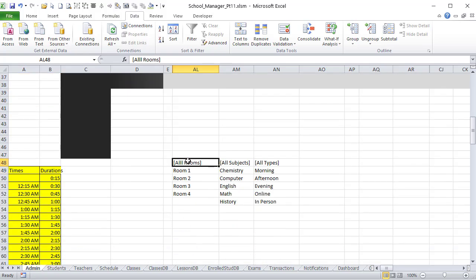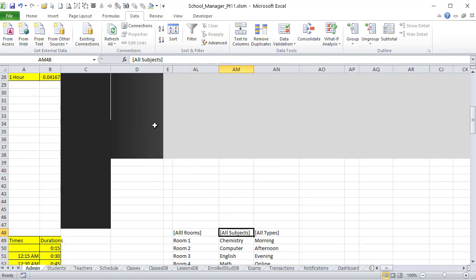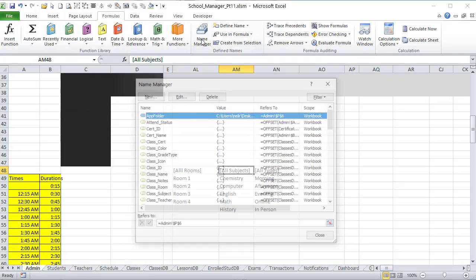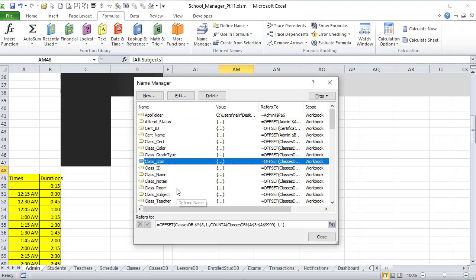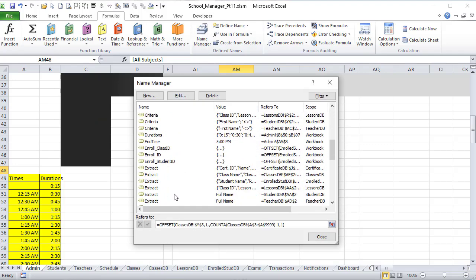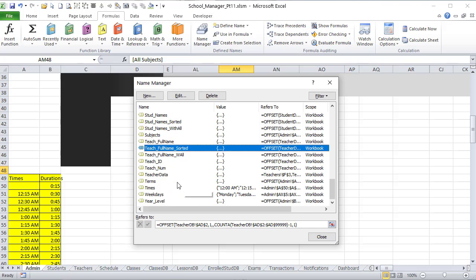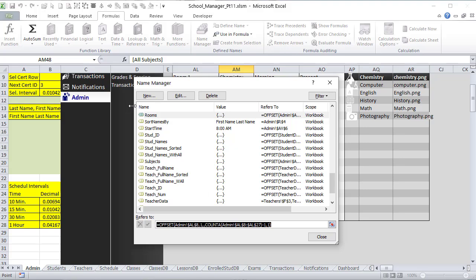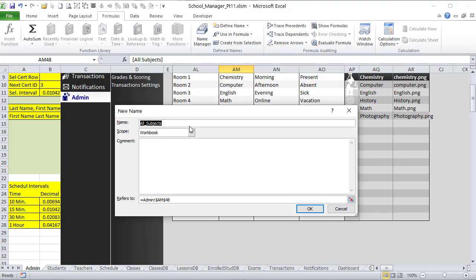starting down on row 48. Row 48 is where we're going to start. All we need to do again is go into our formulas, Name Manager, and then we have something called a class type, I think it's just type here. A room, let's go room first. Rooms, we have that here. I'm going to copy that here, and do new, and we'll just call it rooms with all,